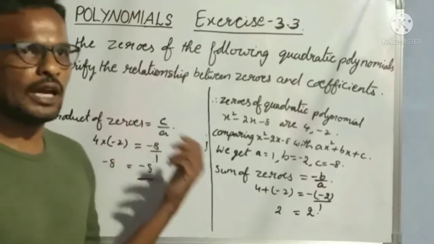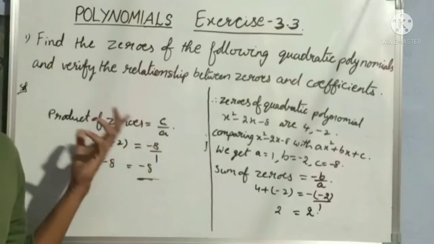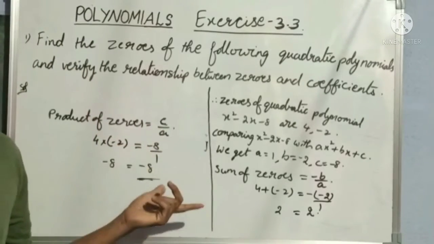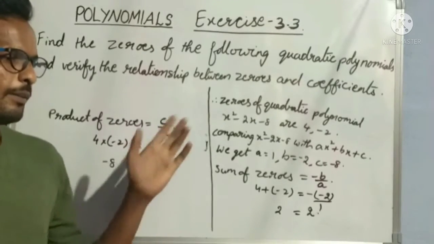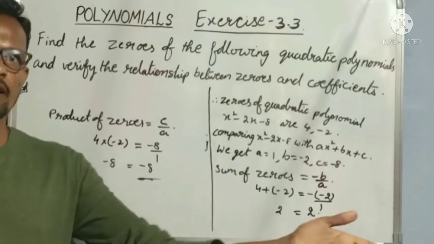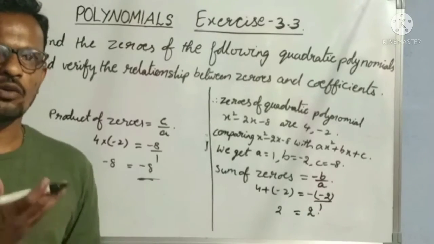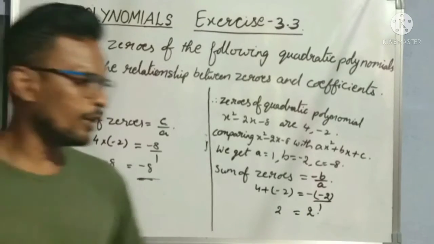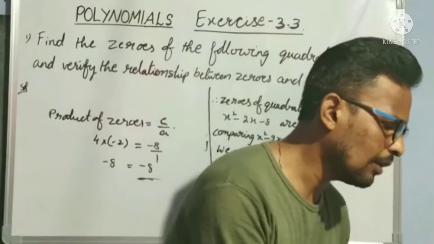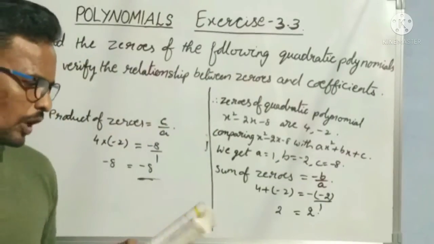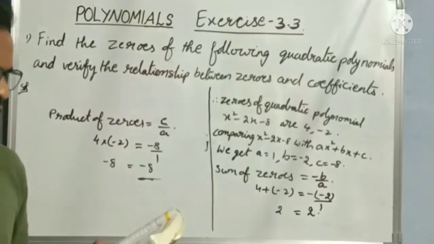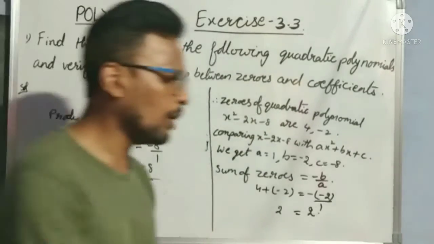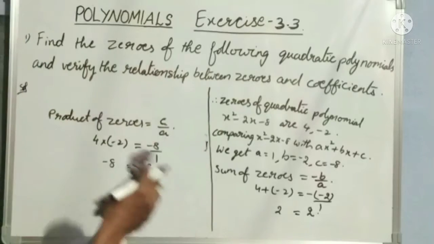Like this we have to solve the first problem of our 3.3 exercise of polynomials chapter. Here so many problems are still given and left over. You can try the remaining problems on your own. If not, 1 or 2 problems I will try to solve now. Anyhow, the remaining polynomials are very easy. So only the 4th one I will try now. Remaining you can do on your own. So let us see the 4th one also now.